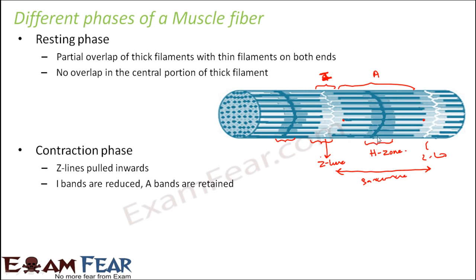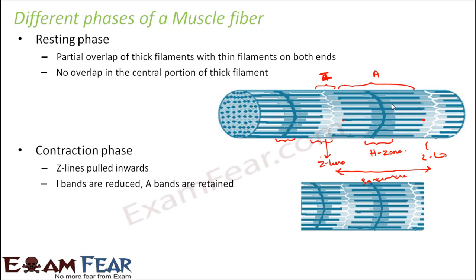So during contraction, the length of the A band will not get affected because A band is this entire region. So that will not get affected, but the I bands will get reduced and the H zone will get reduced. So that is what happens in the contraction phase. So if you look at the contraction phase, this is how it will be. So if you see that the Z line which was here is now here. So the length of the sarcomere is this much now, which has reduced. Earlier it was more. Now the sarcomere has contracted, so the I bands have also reduced. So if you see the width of the I band, it has reduced, and also the width of the H zone has reduced.